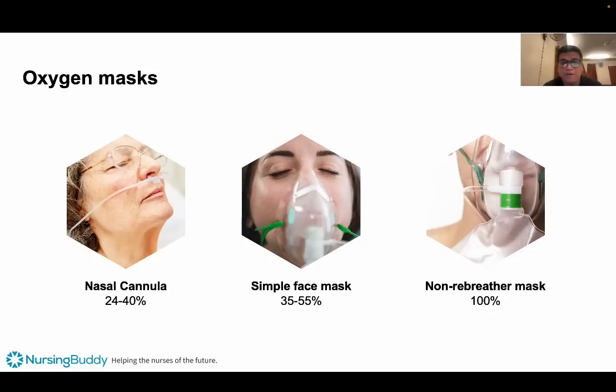So this is given for those who have problems with their nostrils, or depending upon the order of the attending physician. And for your non-rebreather mask, this actually gives you 100%. Why always put that at 100%, though it gives you 96 to 100, 98 to 100, or as much as 98%? Because I want you to realize that whenever you are asked about the highest, you will be thinking of only one, and that's what we call your non-rebreather mask.